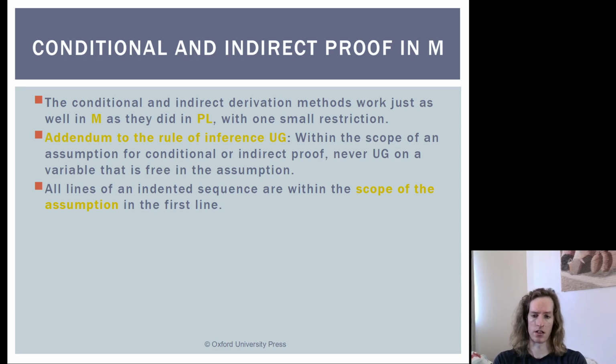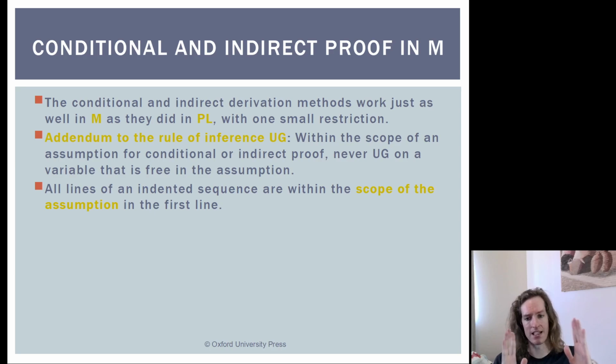So, and I'll explain the rule in some more detail, but basically the rule is: within the scope of an assumption, for either a conditional or an indirect proof, you can never universally generalize on a free variable. Normally, if we have something like Rx as one of our premises in a proof, we could go ahead and universally generalize to for all x, Rx.